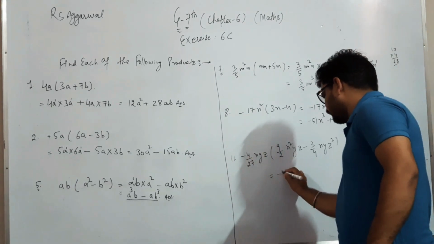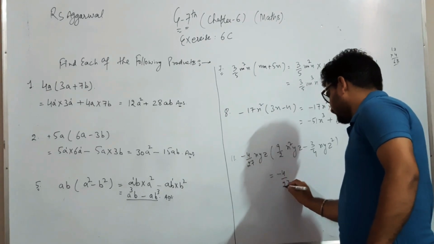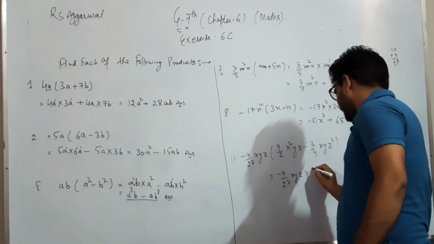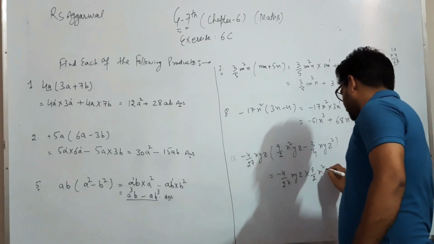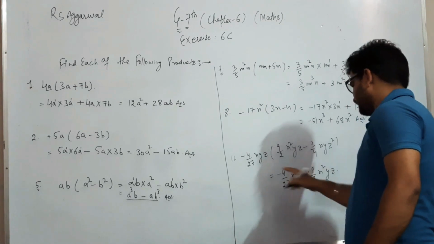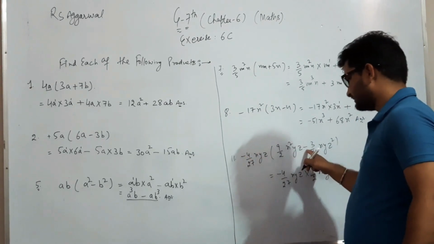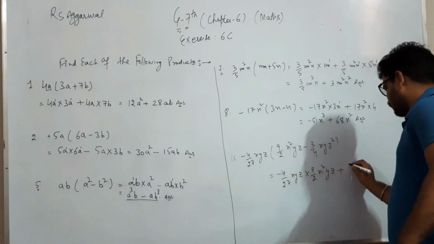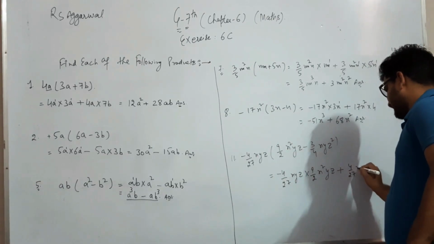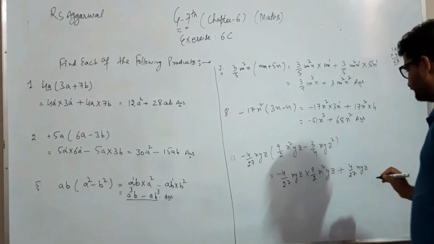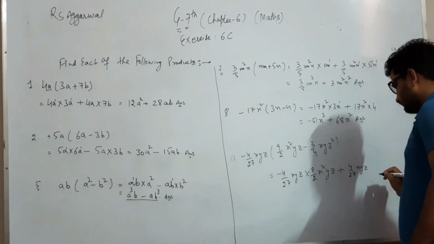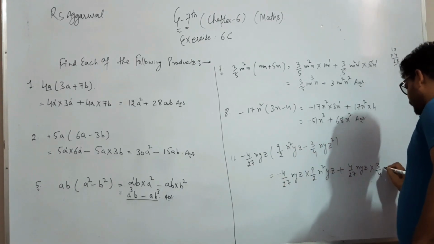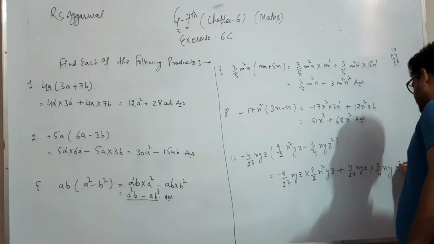Then we write minus 4 by 27 x y z multiplied with this number, 9 by 2 x raised to power 2 y and z. And then here the minus sign, here the plus minus sign, then minus minus is plus. We write here plus sign. Then 4 by 27 x y z. Okay, so this whole is multiplied with 3 by 4, then x y and z raised to power 2.